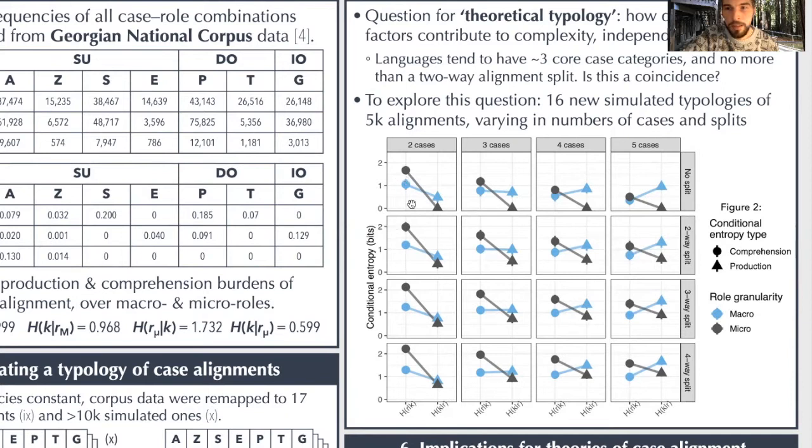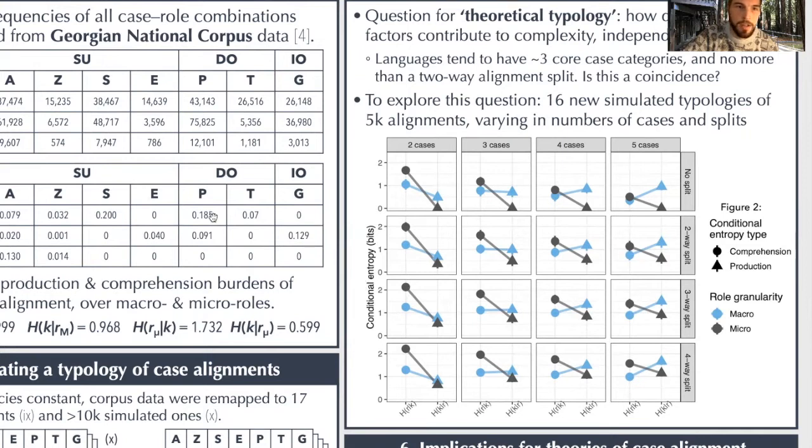And here we see that predicting the correct micro role of a noun phrase given knowledge of its case is always harder than predicting the macro role. And that makes sense. There's just more micro roles than macro roles to choose from. On the other hand, if we need to conjure the right case inflection, it's easier to do so when we have a specific micro role in mind than a more general macro role,